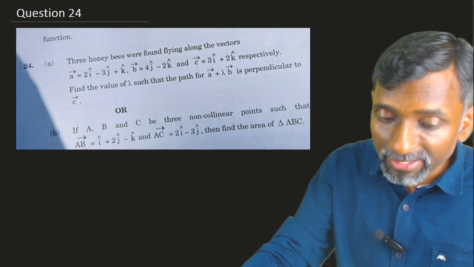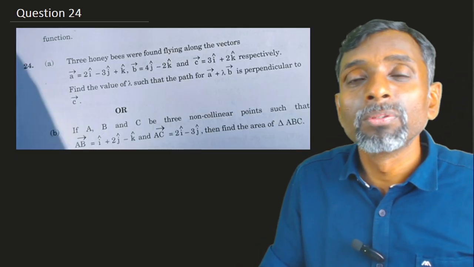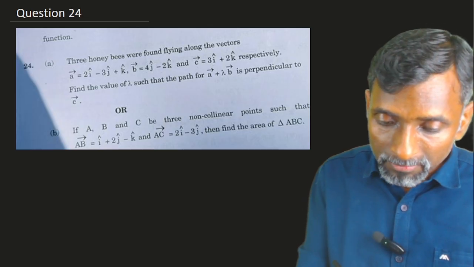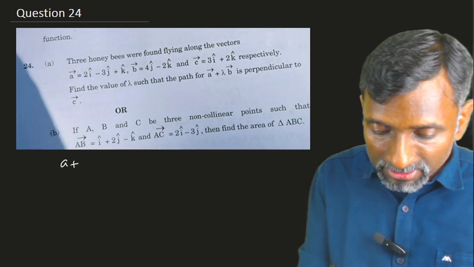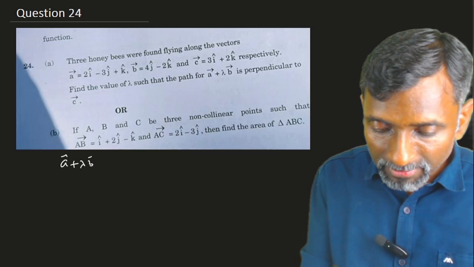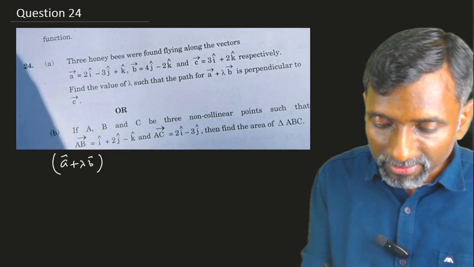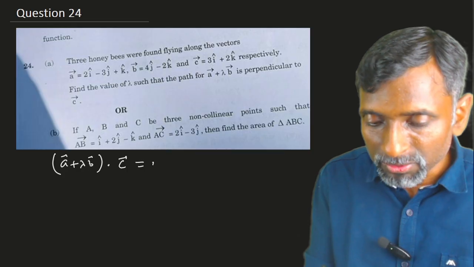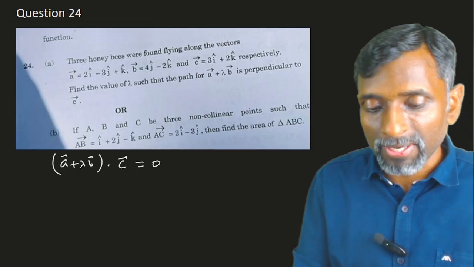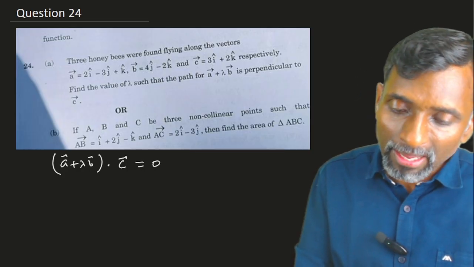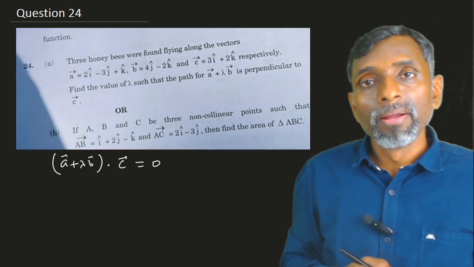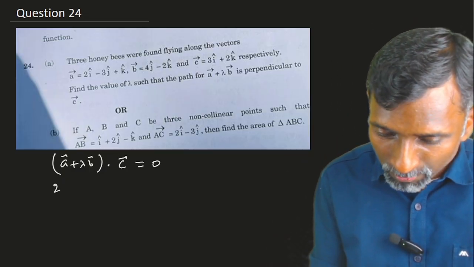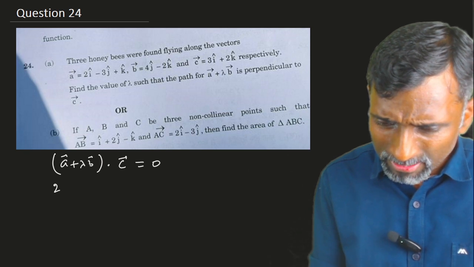It is a very simple question based on the dot product, as we discussed in the MCQ also. In this, a plus lambda b vector is perpendicular to c vector. So we can say (a plus lambda b) vector dot c vector is equal to 0. Right? And we have to find the value of lambda. So first we need to find a plus lambda b vector. Okay, it should be 2